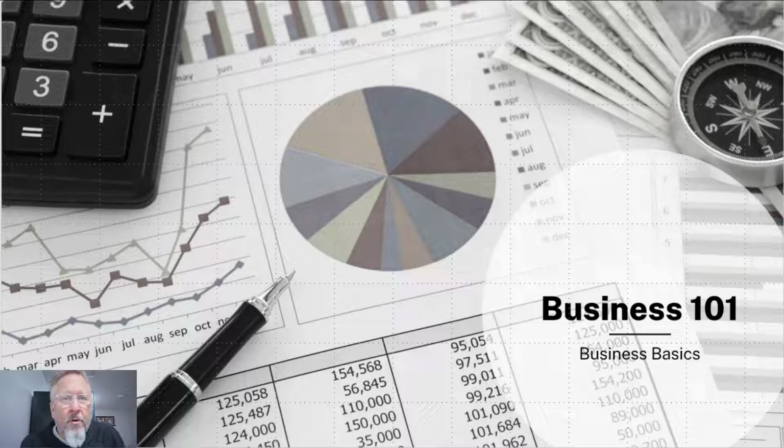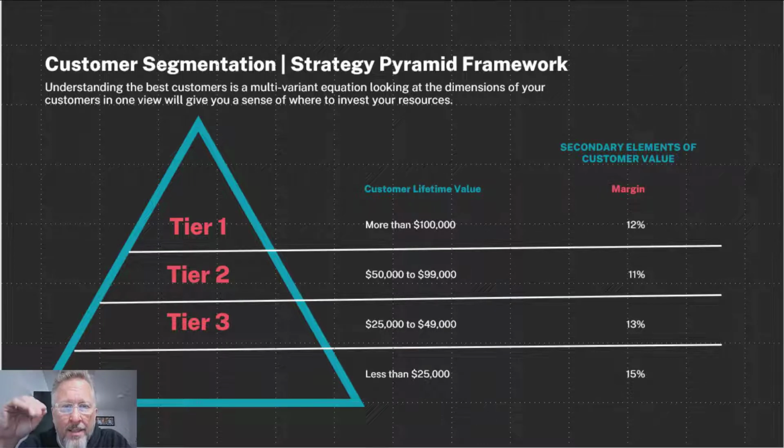One of the things I'm focusing on now that I want you to start focusing on as well is additional products to sell to your existing clients so that they can increase their value to you, because you've increased your value to them. So let's get started at Business 101. When we look at this, here's what I want you to do. For those of us that have a business already, I want you to break down your customer base. And I want to break it down this way.